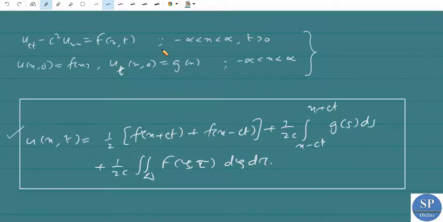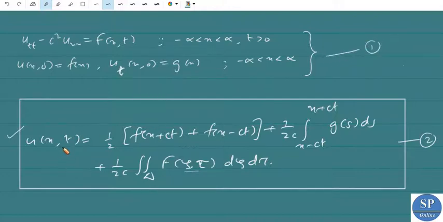This function is a solution of this Cauchy problem u_tt minus c squared u_xx equal to f of x comma t, and u of x comma 0 equal to f of x, u_t of x comma 0 equal to g of x are the initial conditions. So it remains to prove that this function is a solution of this Cauchy problem. The function u in this formula is a solution of this Cauchy problem